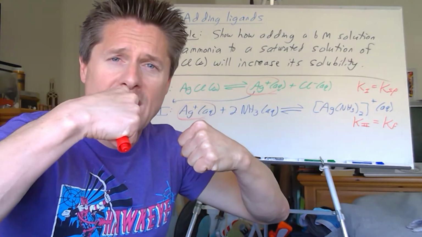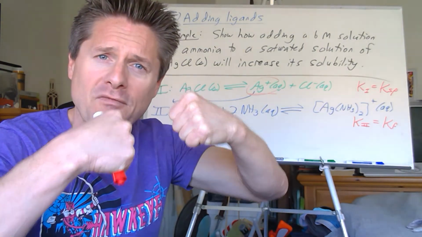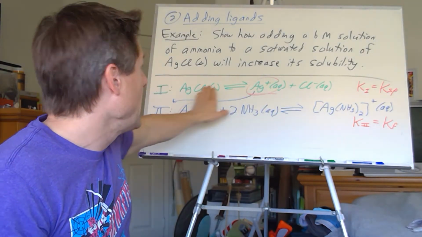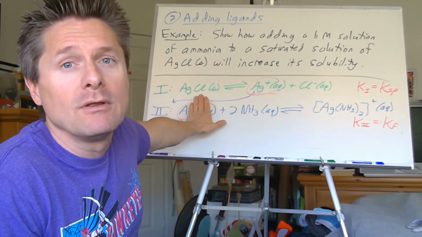Is the KSP more favorable or the KF more favorable? And that silver ion is going to either go, I want to stay with the solid,